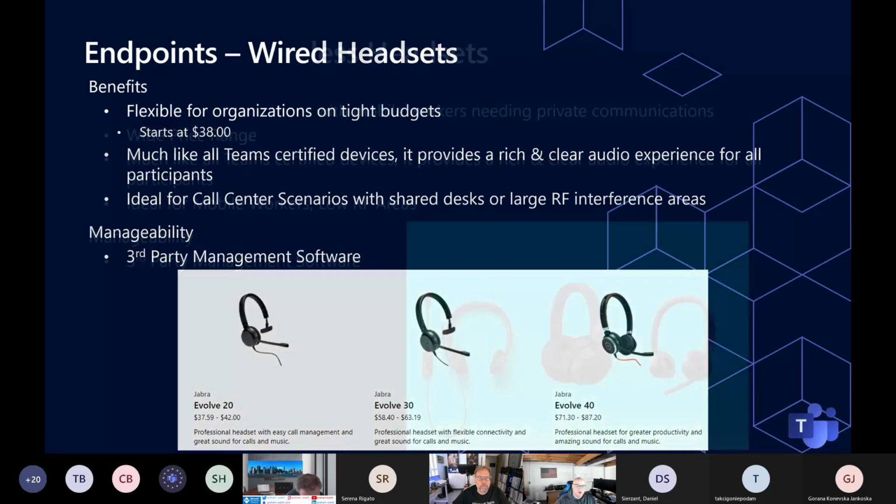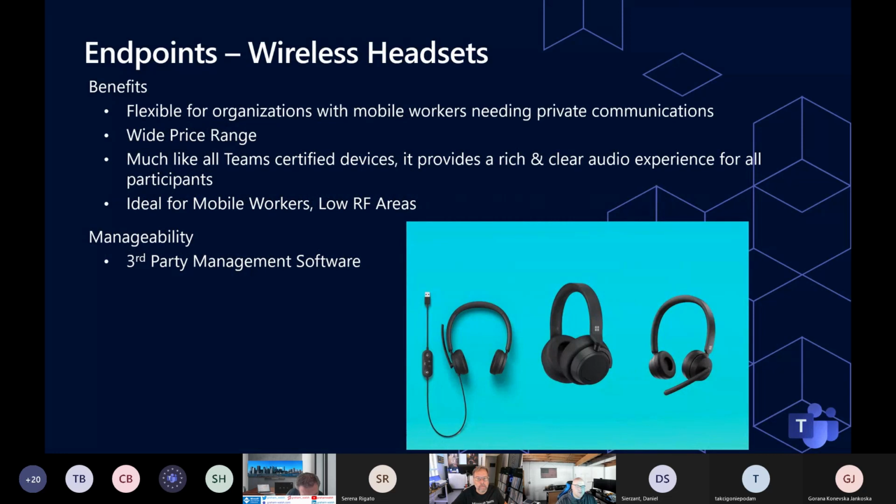Similar to the wired headsets, we also have our wireless headsets. These are great for organizations that need flexible communications. So if people have an office of their own and want to be able to walk around freely in that office, you would for sure want to look at the wireless headsets. Now these do vary in price range. They can be pretty cheap or they can be pretty expensive. I believe one of the cheaper wireless headsets is about $100, and these go all the way up to about $250, even more if you're looking at something like the Surface Headphones for business, which I believe are about $300. So the prices do vary depending on the needs of your organization,